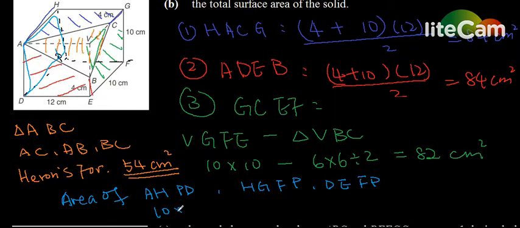We have 10 plus 10. And for this HGFP, this is the rectangle, 12 plus 10. And for this one, DEFP, it is also a rectangle, 12 plus 10, times 10. So we add these 3 together, we have the total surface area. And this is 100, and this is 120. This is also 120. So at last, for the total surface area, at this first one, 84